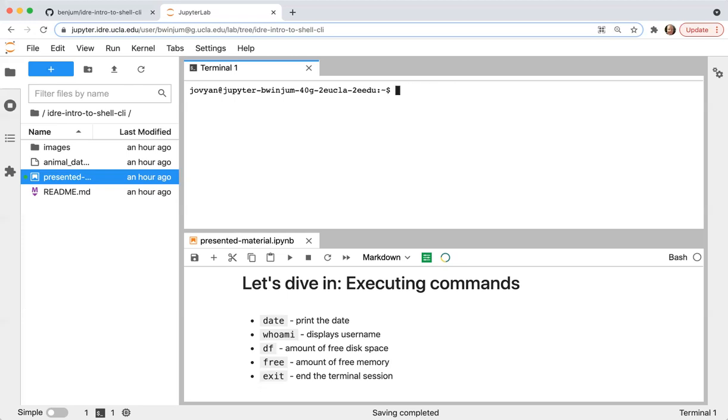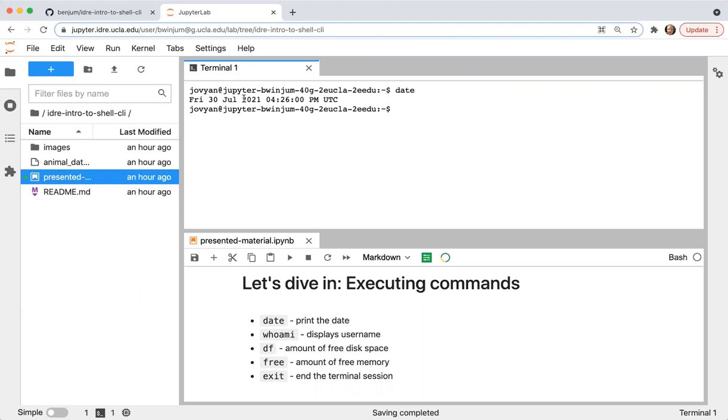So just to dive in and execute some commands, let's look at the date. You can just type date, hit enter, and it will give you the date. That was easy enough. This is one of the built-in commands that the shell has, and it tells you what the current date is.